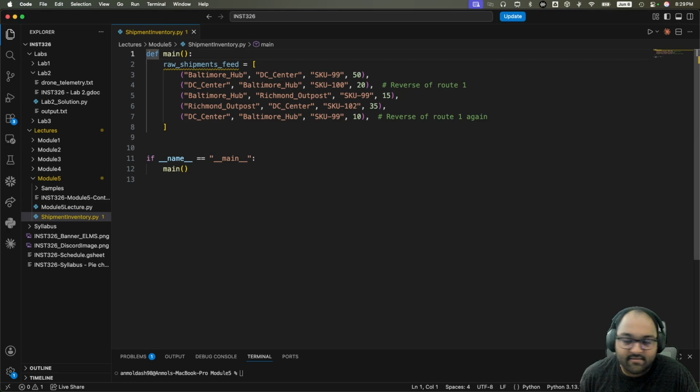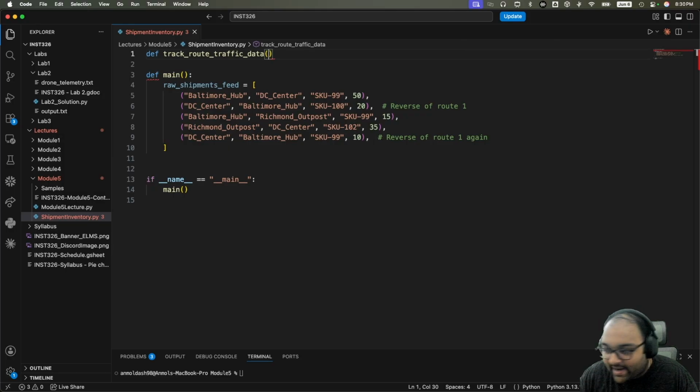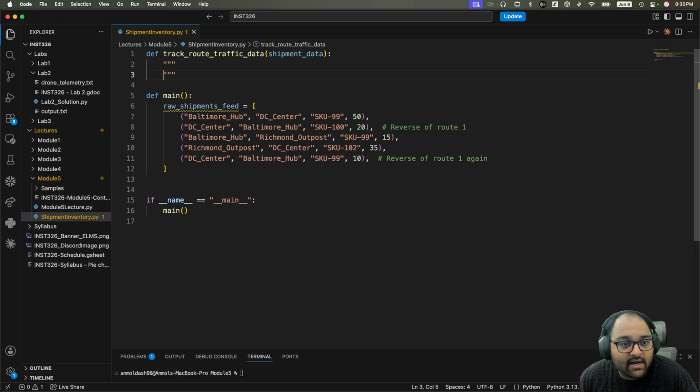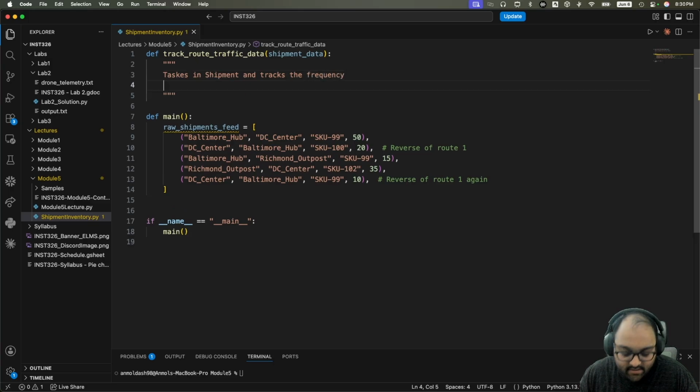So what we'll do here is create a route traffic data function. So we'll create a def track_route_traffic_data, or maybe we could call it rank, but either way, all this takes in is our shipment data. So we'll call it shipment_data, right? We'll create our docstring here, and then it takes in shipments and tracks the frequency. And then we're going to say returns